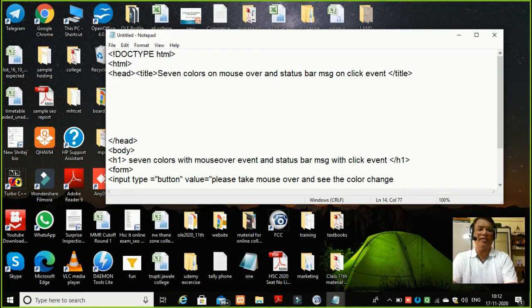I will write this here. Thereafter I need to call an event which changes the color of the page on mouse over.